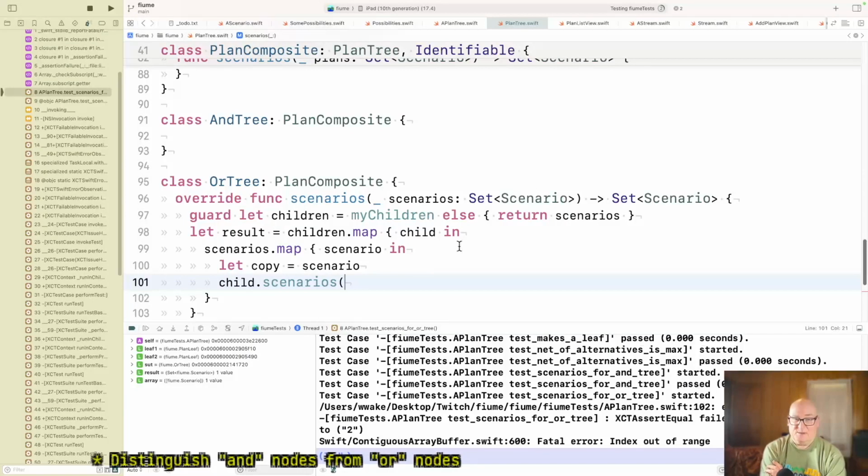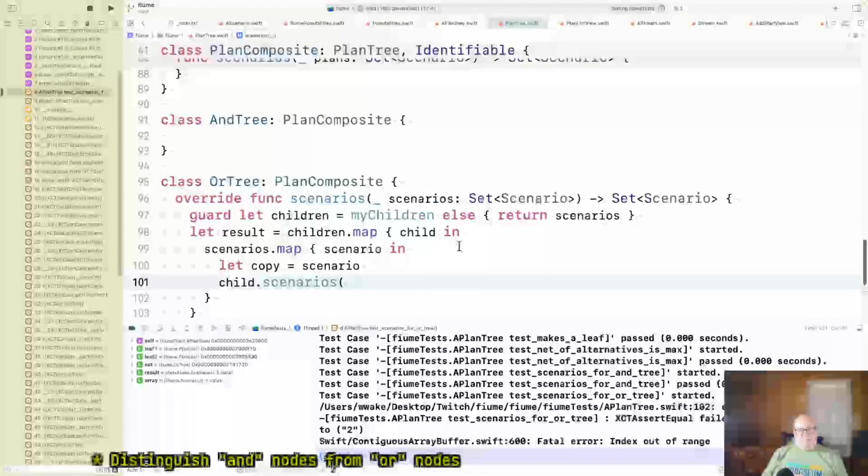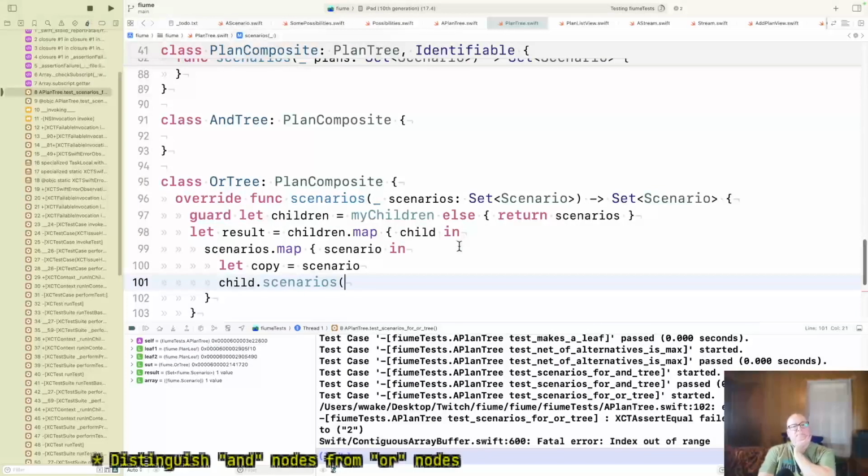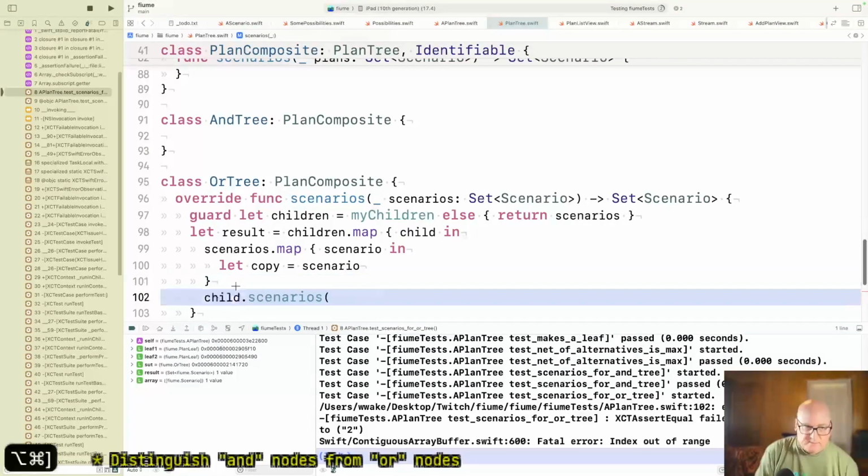Okay, so he should child.scenarios. What scenarios should he work on? Well, maybe I got to do it this way. Let's pull this down.